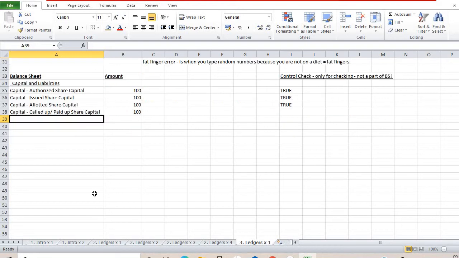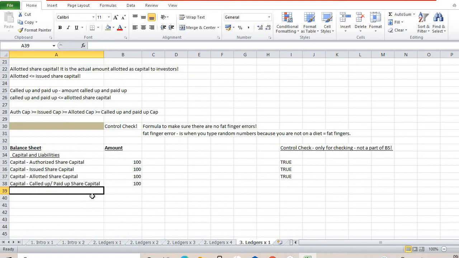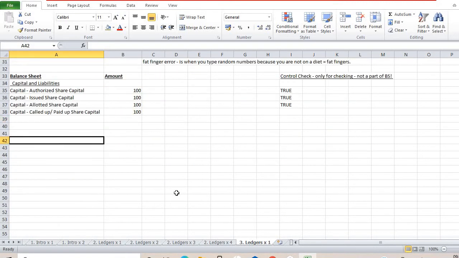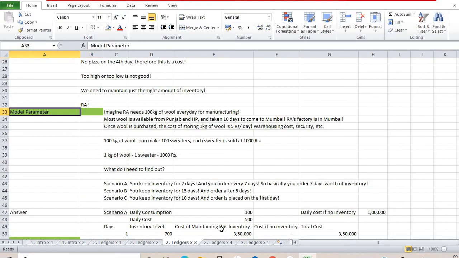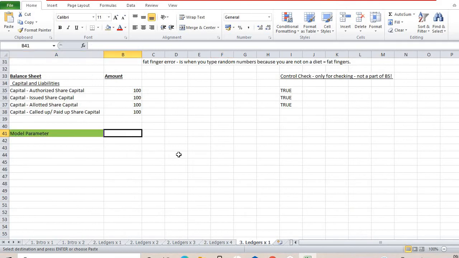Now what I want you to do as part of the balance sheet modeling is I'm going to give a parameter, and what I want to do is understand what would happen under these parameters, right? And once you understand what would happen under these parameters, I want you to put a control check there, and I also want you to put a balance sheet in there. Okay, so let us model the balance sheet using some parameters and finally put some control checks to make sure that the balance sheet is looking good. Okay, so now let us put the parameter, and I'm sure you understand what a parameter means by this time, right? So a model parameter is in green color. So that's basically like a question that we are looking at.